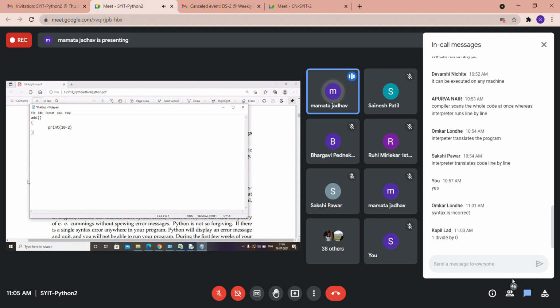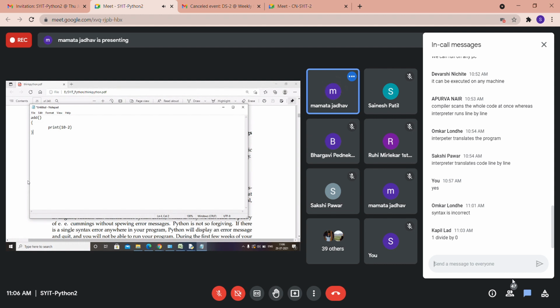Over here, the add function has to add two values, so there should be an addition operator, but what your add function is actually doing is subtracting values, it is subtracting 2 from 10. So your add function is giving the result of a subtraction function, and such errors are called semantic errors.